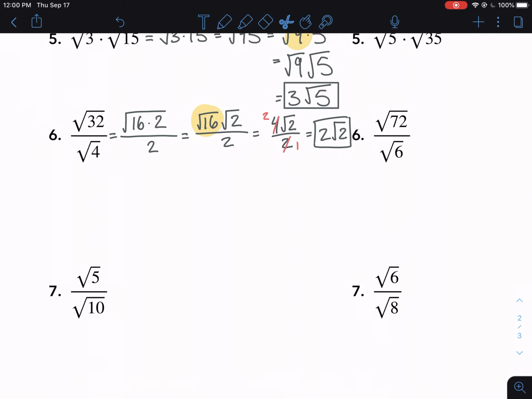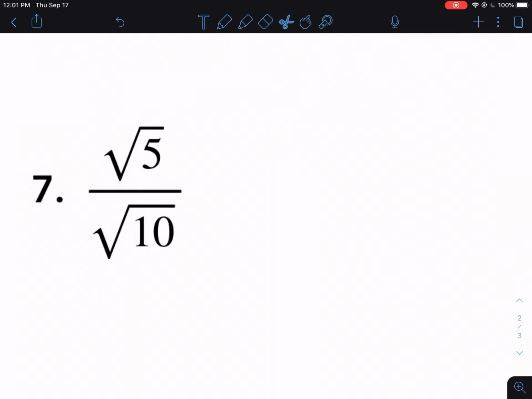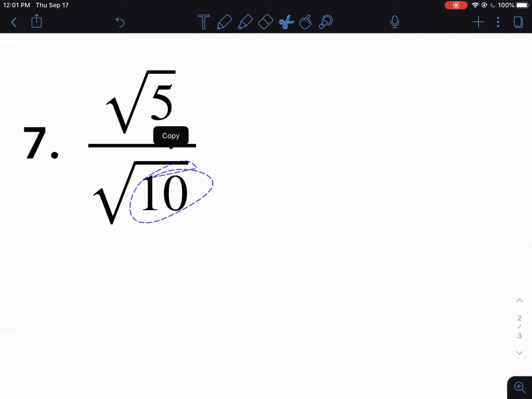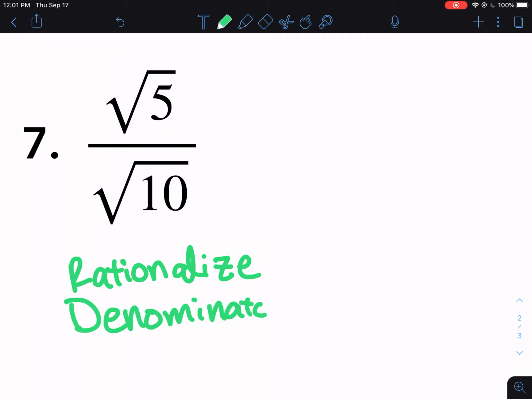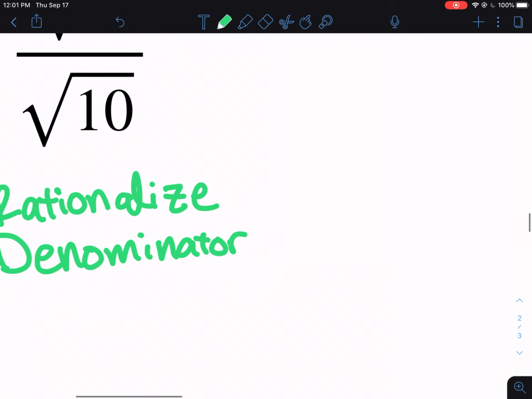We'll do a very similar process in number 7. So here in number 7, we have another fraction going on, but 5 and 10 aren't divisible by any perfect squares. So we're going to do what's called rationalizing the denominator. To rationalize the denominator, I'm going to first spell rationalize. Why is that such a long word? Denominator, another long word. Okay, whew. To rationalize the denominator is sneaky